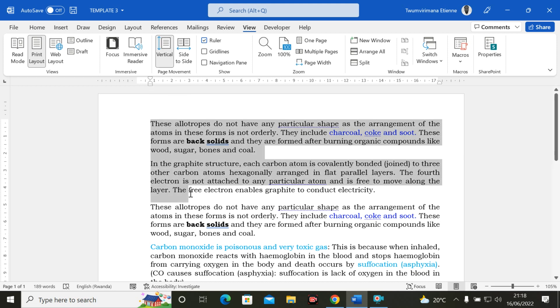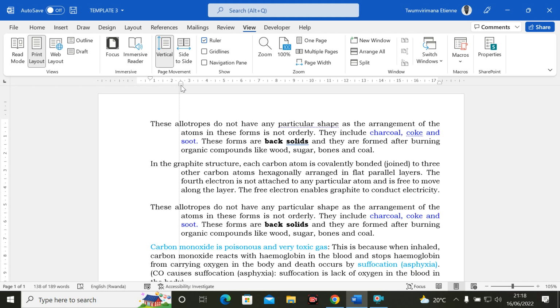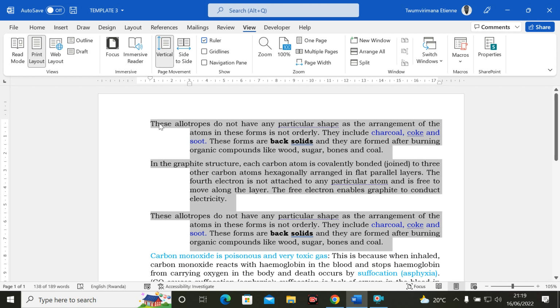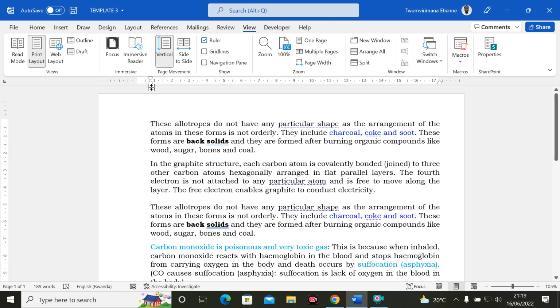And once you select different paragraphs, you can do the same with the hanging indent. You see, I'm now moving all lines except the first line. You can just use the hanging indent in this way once you want your text to look like this. Yeah, now let's see how you use this